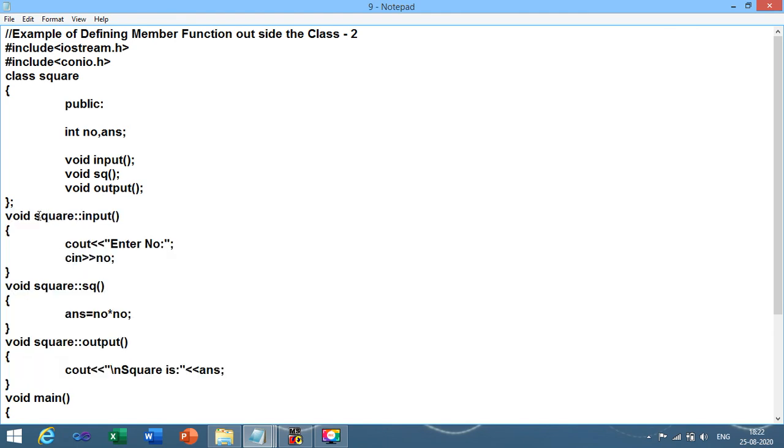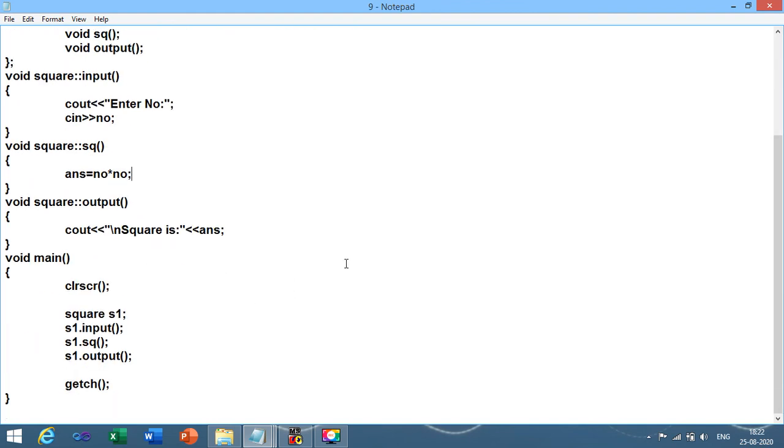To make it part of the class, I need to give the class name and then use the scope resolution operator to show it is part of the square class. Let me scroll down the program. Program number 11.